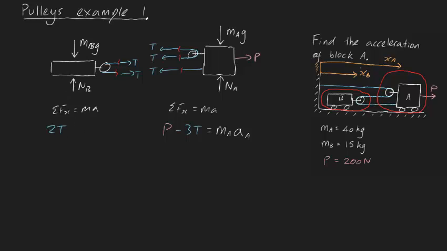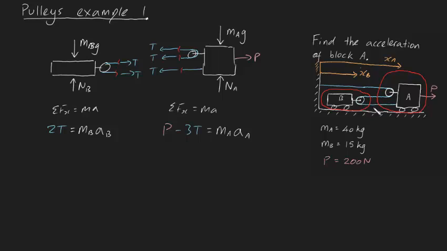2T is going to be equal to the mass of your block, in this case m subscript b, times your acceleration of this block, which is going to be a subscript b, okay? So even with these two formulas, we still don't have enough, because we've got three unknowns. We've got T as an unknown, we've got a_B, and we've got a_A, and we've only got two equations. We need something else. We need a third equation, and we get our third equation by considering this length